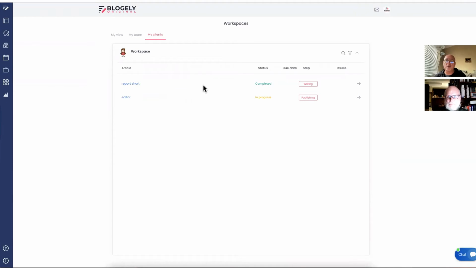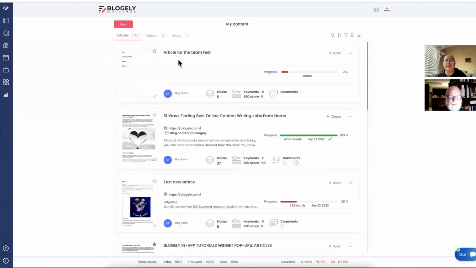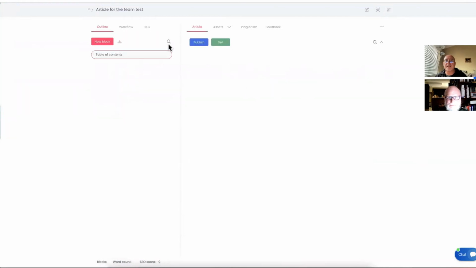You can always close the task. Even if it's not completed, if you want to just force it and complete it, it's in your hands. If you want to do that, you can. So for that, I go back to this article and say, okay,